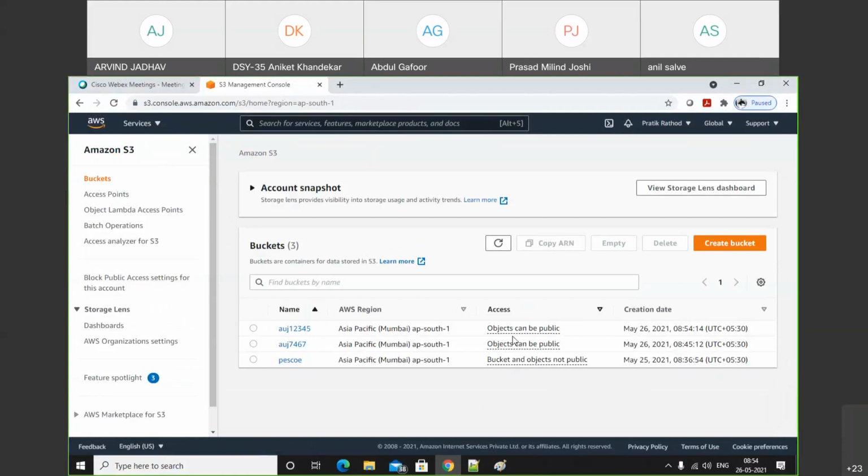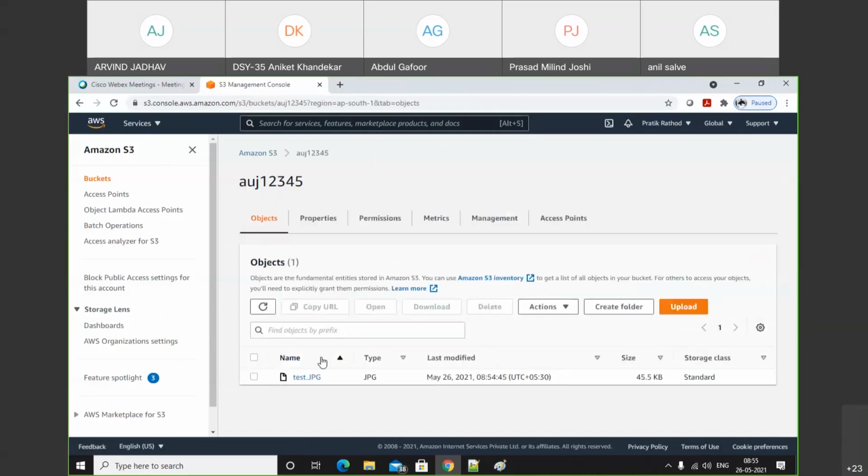See, we get the access options. When you uncheck, we get the message object can be public, and when you don't uncheck, we get the message bucket and object not public. Click on that file, and now when we're trying to access this file, we cannot access it. Why? Because we need to make this file public.